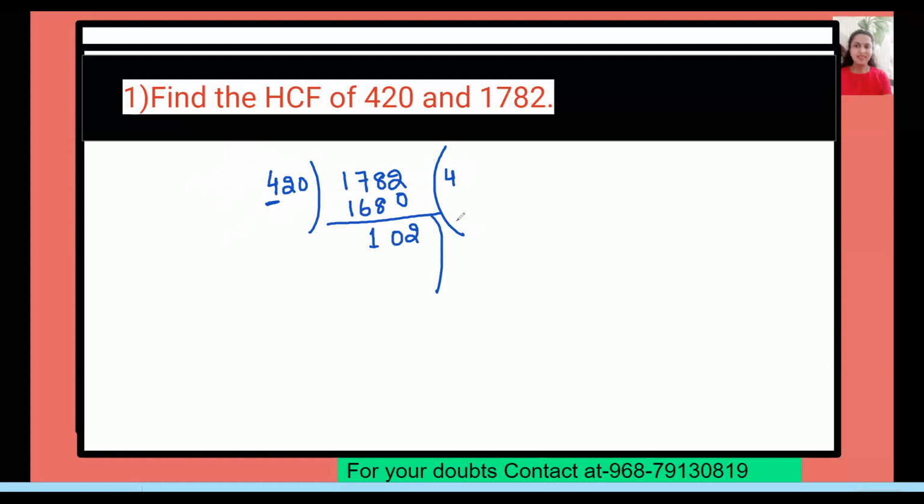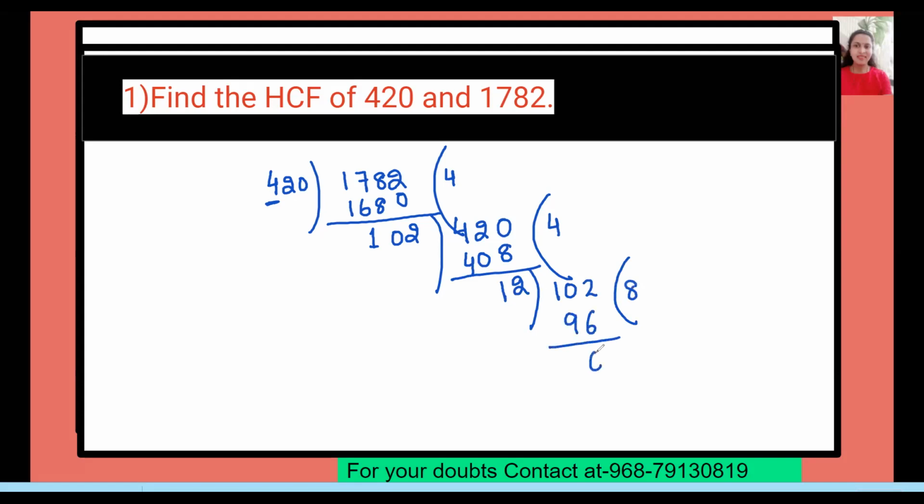And then in the division method we put 420 inside. Now again we'll divide by 4. 4 times 2 is 8, 4 ones are 4. So here you get 12. Now 12 divided by 12... 12 8s are 96, 6 and 12 2s are 2. So here you see the HCF comes as 12. You can see it is fully divided by 6, so the HCF comes 6.